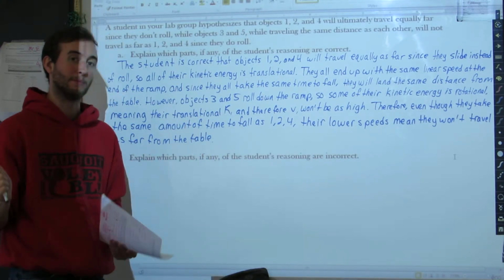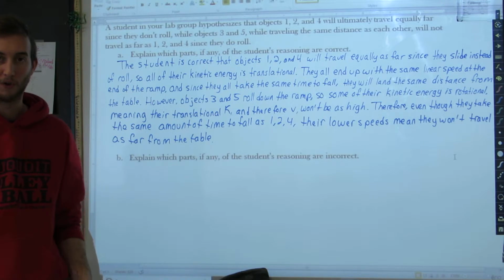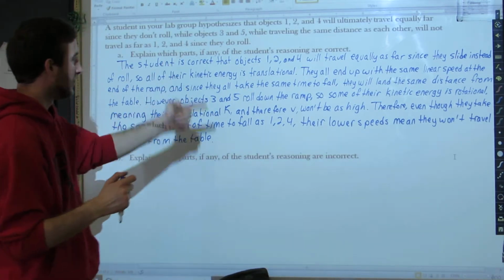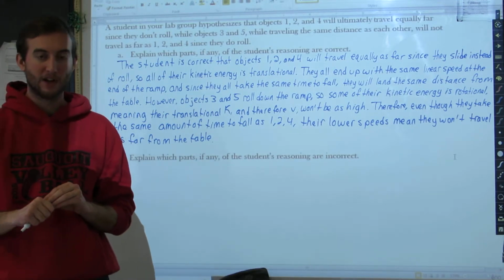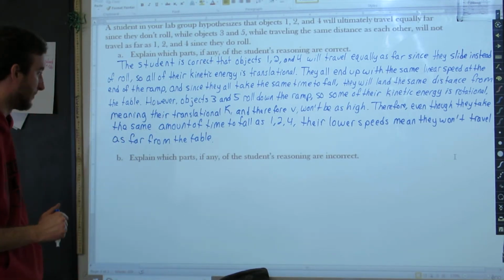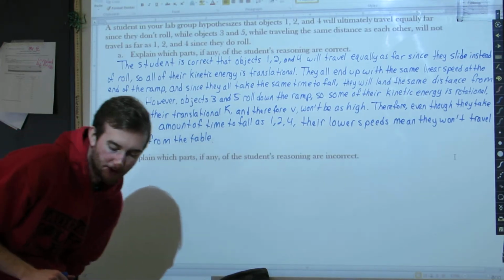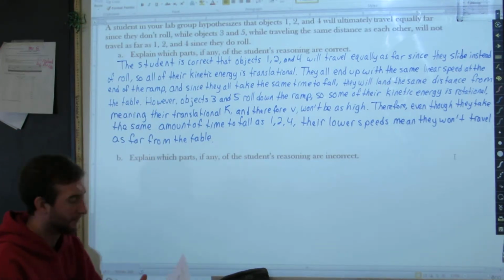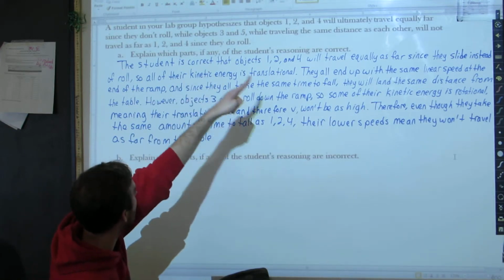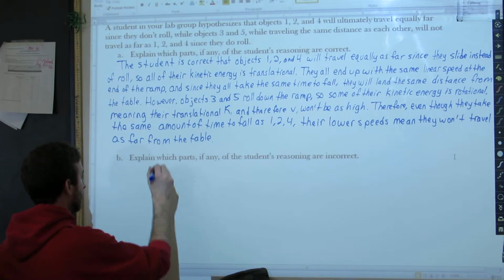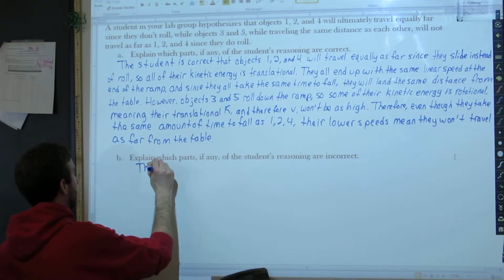The student was right about all of that, okay? The student correctly realized that the rotation meant that some of these objects would not travel as fast, therefore they wouldn't go as far off the end of the table. Which parts, if any, of the student's reasoning are incorrect? There is something that they're incorrect about, okay? And it comes when they say that objects 3 and 5 travel the same distance as each other. So the student is incorrect